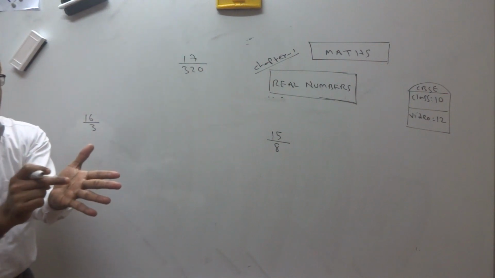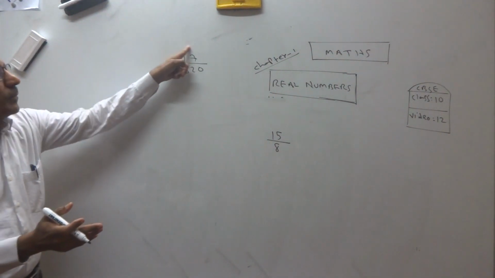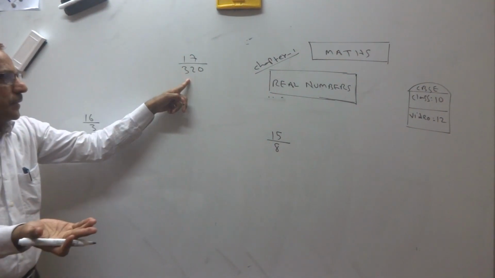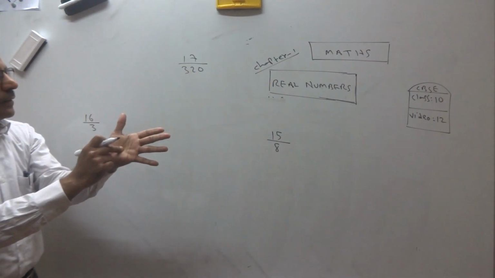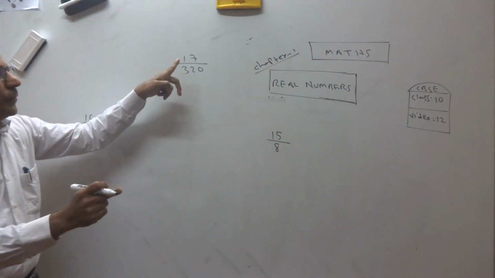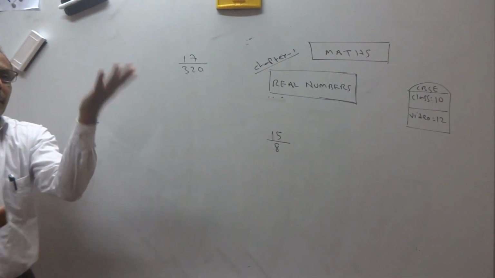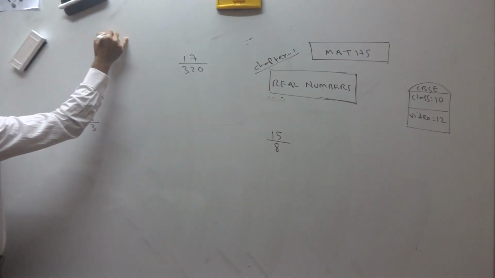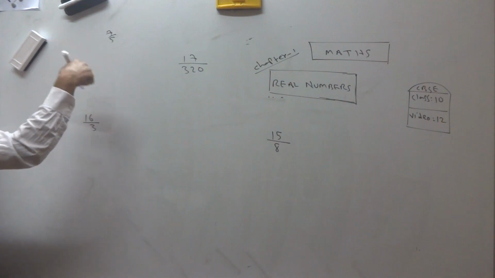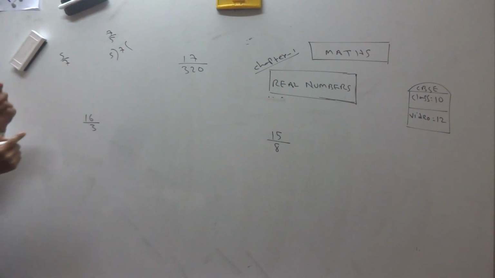Now what is there in the fourth exercise? If a rational number is given, rational number means a fraction, and it asks, without actually dividing, can you tell whether it is a terminating decimal or non-terminating but repeating? See, the last example I showed, 7 by 5. After dividing you can know 7 by 5 or 5 by 7. After dividing only you can know whether it is terminating or not.